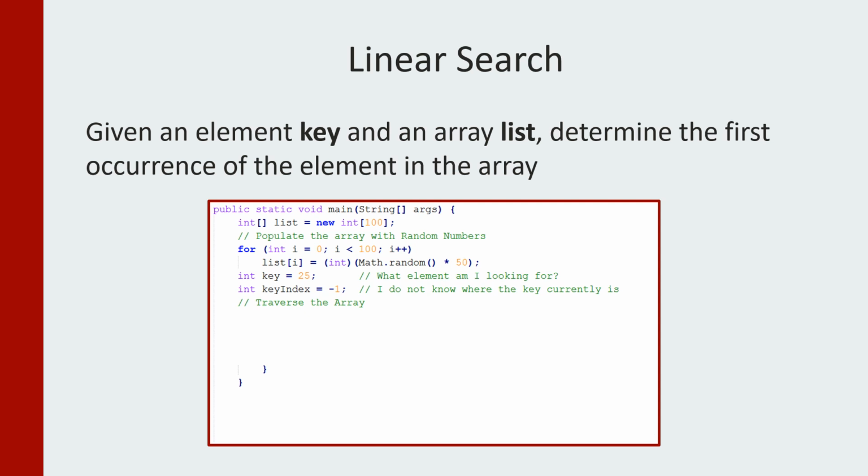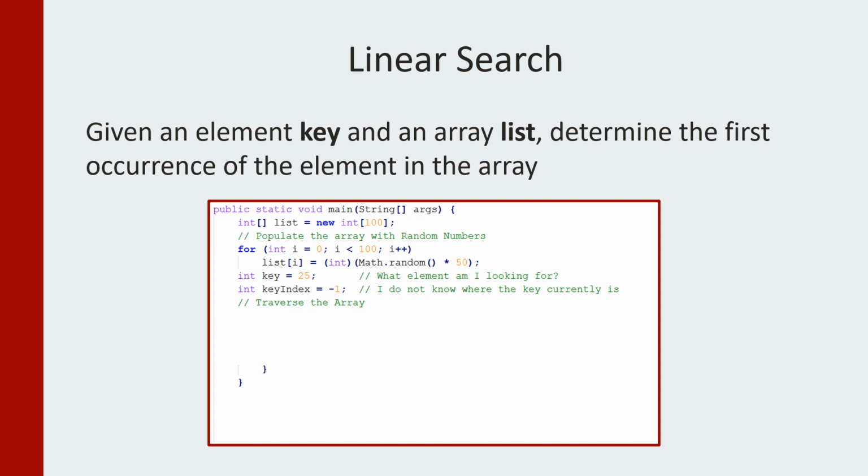And then inside my loop, I'm going to have list at i is equal to a random Math.random times 50 and cast to an integer. So that's just going to give me random numbers 0 through 49 inclusive. And I'll just pick 25 as the key that I'm looking for. So whatever you picked here, when you were writing this, doesn't really matter. The point is the logic. And then the key index that you have is -1, because I don't know where the key currently is. Now, to traverse the array,